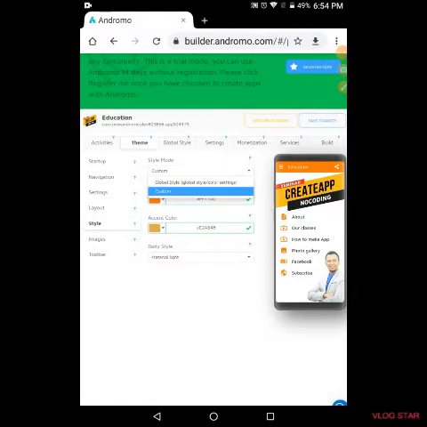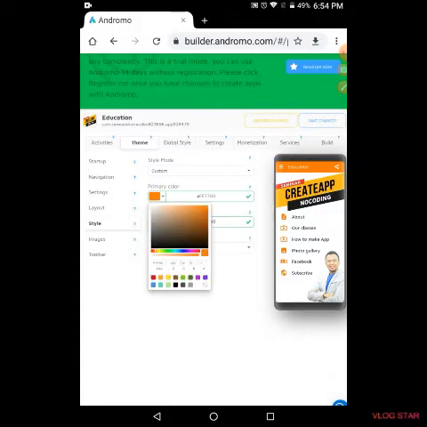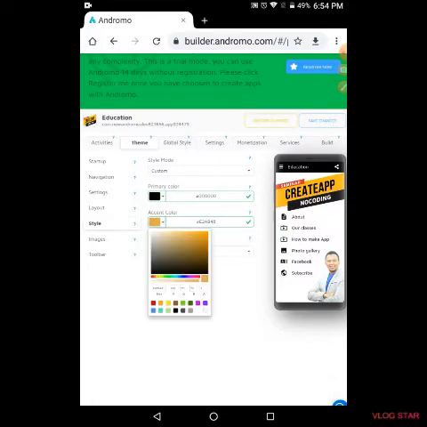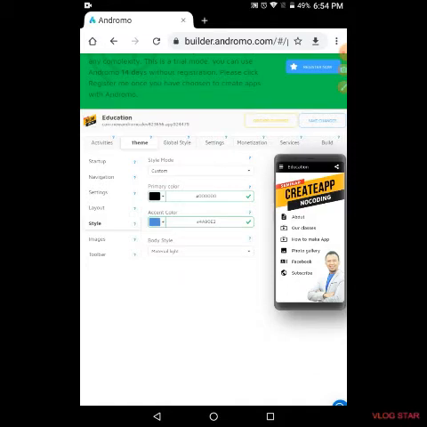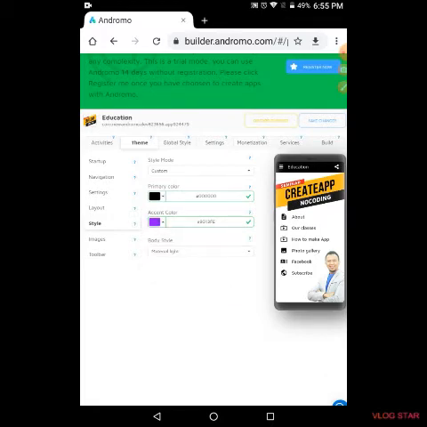Next, we'll go to the style. You can change the style by clicking on global or custom. Custom is default. We can change the color of the app by clicking on primary color and choose our color. Accent color is for changing the color of the icons.